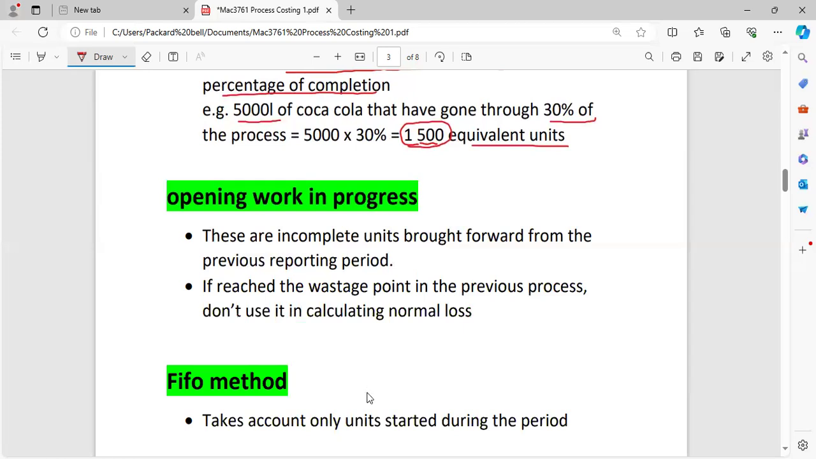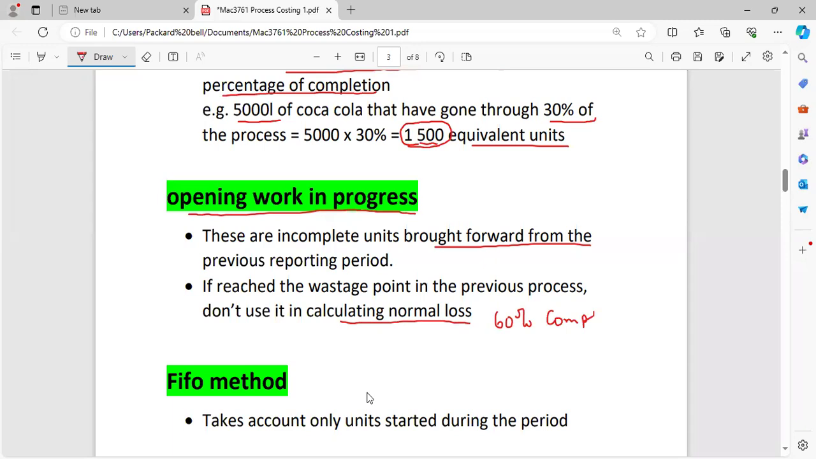Right, this is going to be what we bring from last year. I think this is where one of the tricky parts of this topic is. We should look at this. When we have opening work in progress, if it reached the wastage point in the previous process, don't use it in calculating the normal loss. So what it means here is, if in your question they give you opening work in progress and they say it was 60%